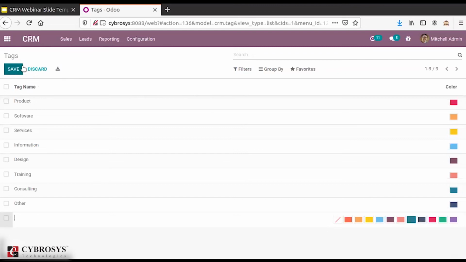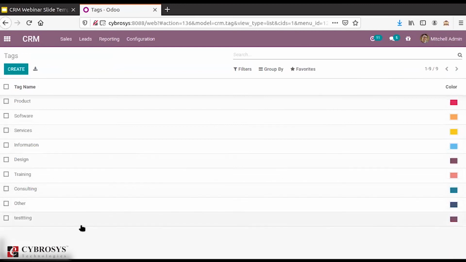For that you can simply click on the create button. You can provide any name over here, and you also have the option to mention the color and all, and just click on the save button. Like this you can simply create the tag.